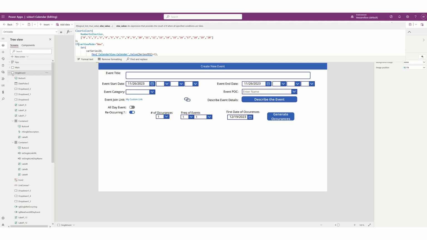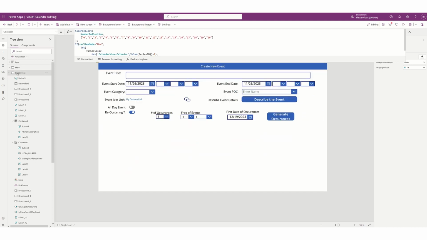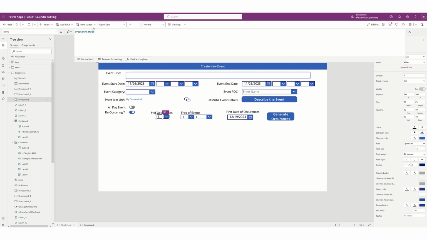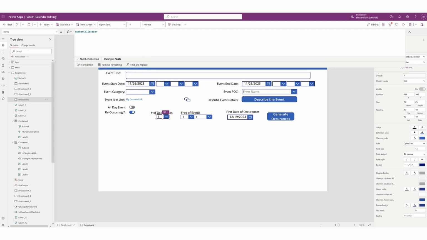Now let's go back to main. We want it to run, to create the collection, because the collection is going to feed this drop down. Since the collection is a table and a drop down is a table, it'll work perfectly. So all I've got to do is put number collection there, and boom, it's set. Now, because it has a default value in there, I see it goes 0 to 20. We probably get rid of 0, but